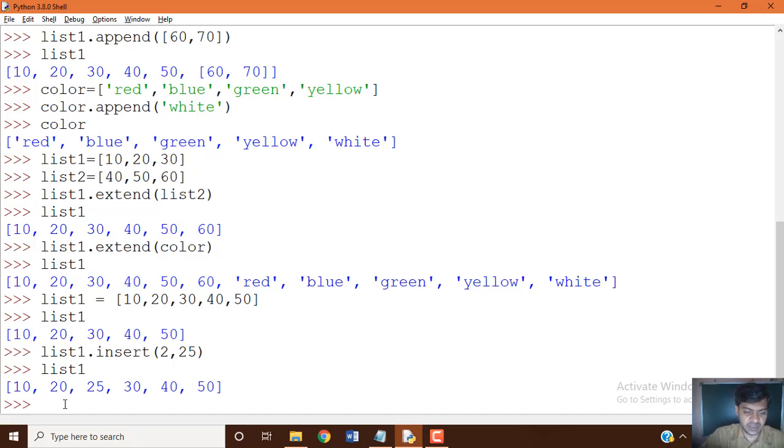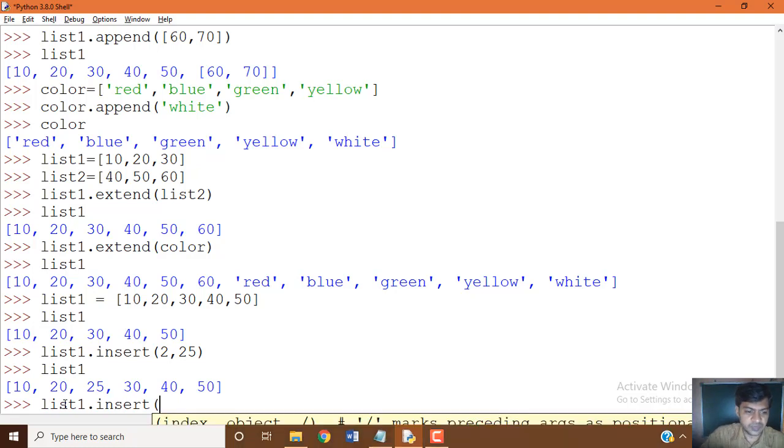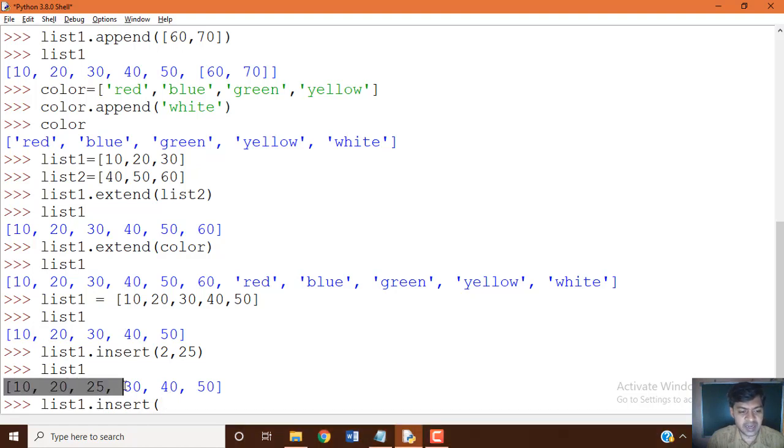In the same manner you can do list 1 dot insert of, now we want to insert after 40. The current list 1 variable contains data items at index numbers 0, 1, 2, 3, 4.